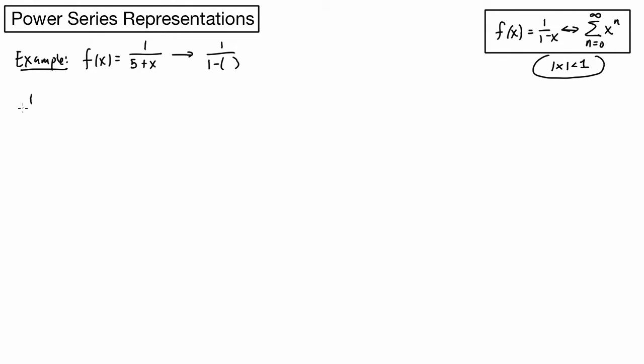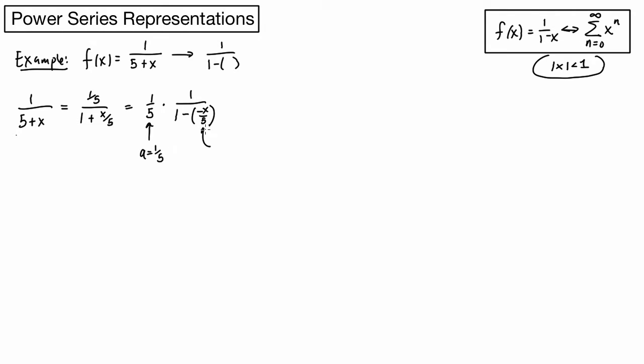The easiest way to start with 1 over 5 plus x is to divide both the top and bottom by 5, because in doing so, the 5 will turn into a 1 like I need it to. So this is going to be 1/5 times 1 over, dividing by 5, 1 plus x over 5. Okay, I'm going to pull the 1/5 out of the top, in which case this is 1 over 1 minus negative x over 5. So you can see that when I have it in this form, I can immediately point to the fact that a is 1/5,